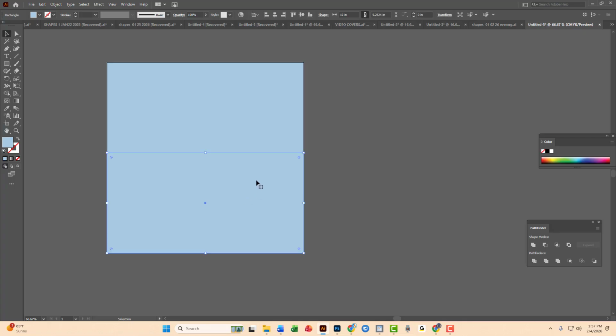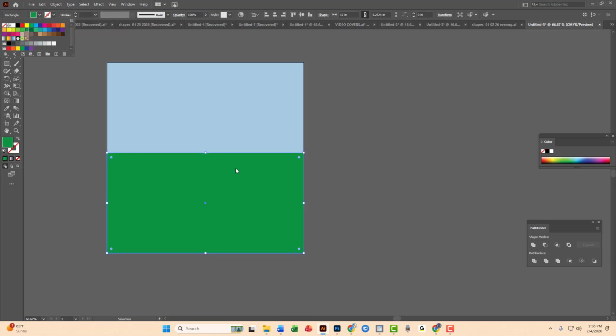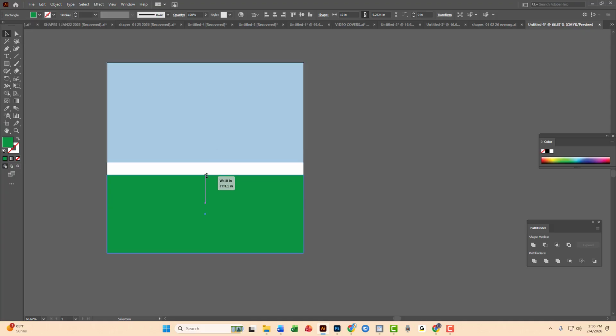This rectangle at the bottom, I want to fill it with some grass color right here. Okay, so I'm going to click right here, and I want to select the blue. I'm sorry, a green. That's my idea of grass. If you have a different idea than mine, you go ahead and do your own. Okay. So, like I said here, these two rectangles should be about halfway down or halfway up if it's the